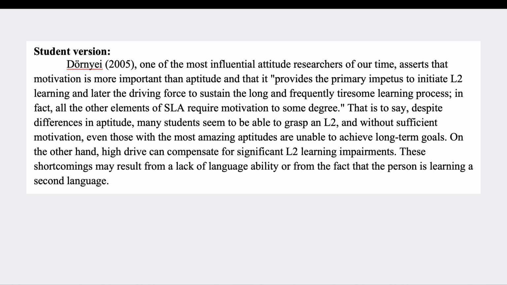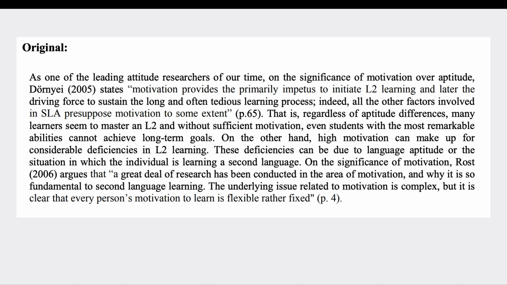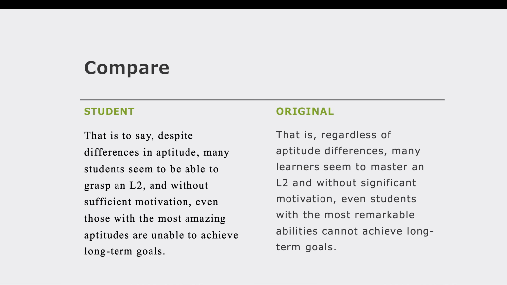So here's a student paragraph, and then here is the original that this paragraph was taken from. And we're going to zoom in on one sentence of it right here. You can look here. The student paragraph says, that is to say, despite differences in aptitude, many students seem to be able to grasp an L2, and without sufficient motivation, even those with the most amazing aptitudes are unable to achieve long-term goals. Compare that to the original, that is, regardless of aptitude differences, whereas the student said despite differences,